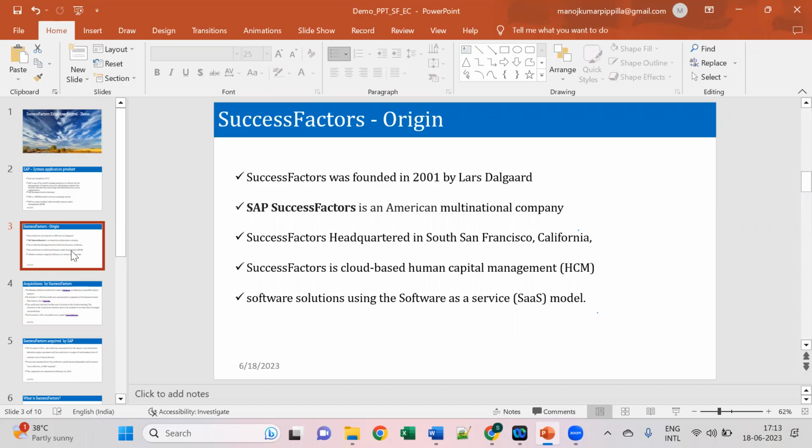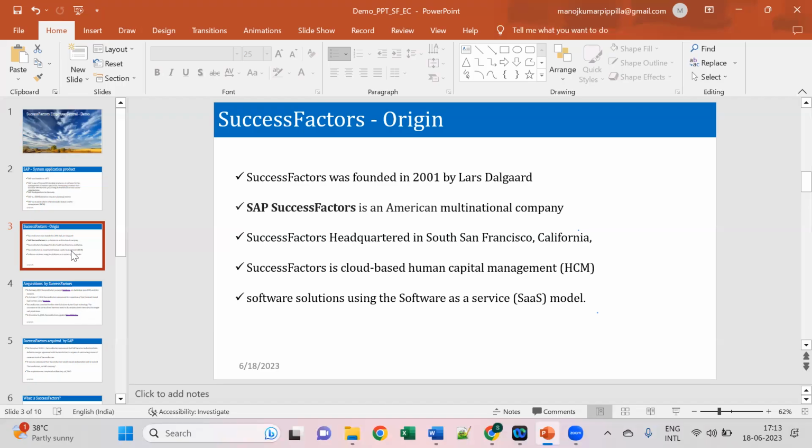In 2011 the official declaration was made, and the complete acquisition process was completed in 2012. So from 2012, this company is named SAP Success Factors. Clear? Before that, it was a different company, but from 2011, SAP bought Success Factors and it is named SAP Success Factors.